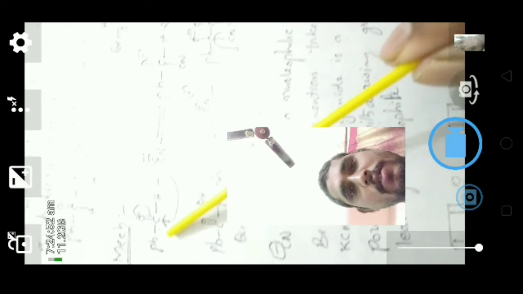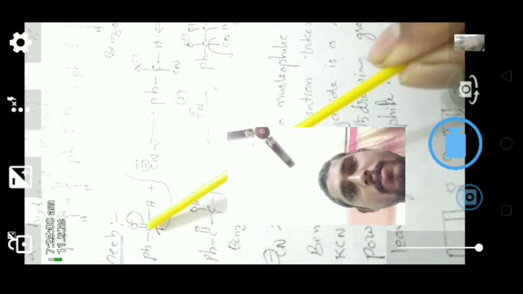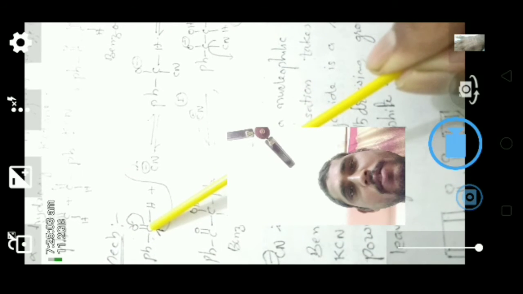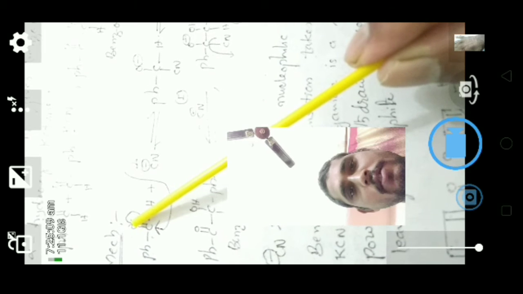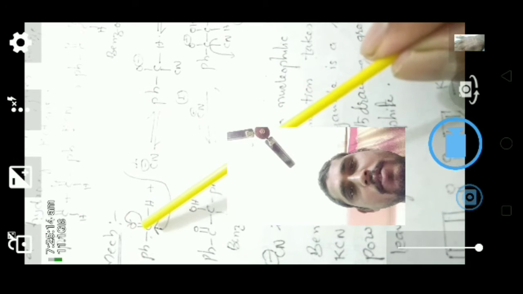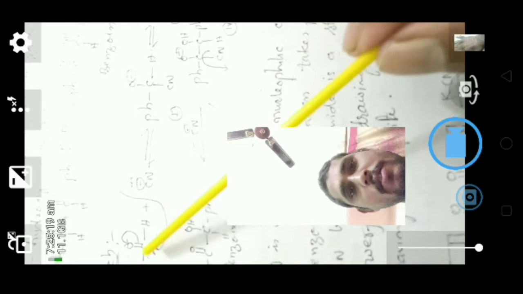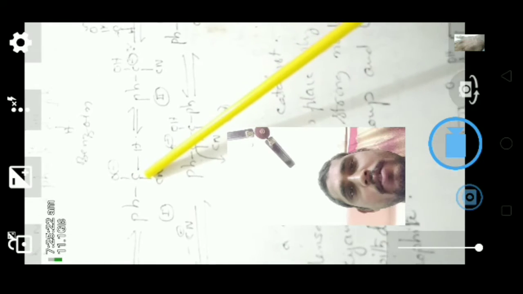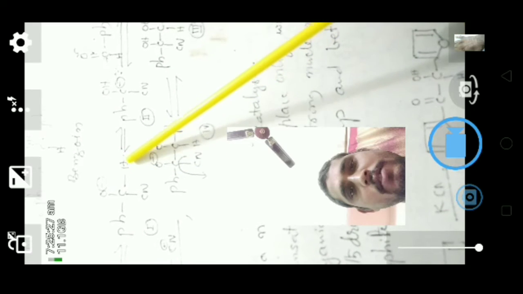Now you will see the reaction mechanism here. This is benzaldehyde. When you react it with cyanide ion, the negative part comes and attacks this carbon, and this carbon acquires a positive charge because the carbon is attached to a more electronegative atom, that is oxygen. Oxygen can attract electrons towards itself, so oxygen acquires a negative charge and carbon acquires a positive charge. Then cyanide attacks this carbon and gives an alkoxide ion.